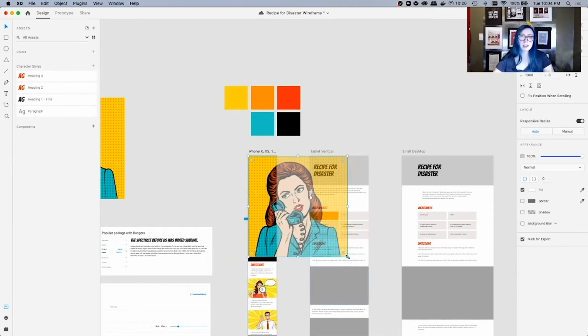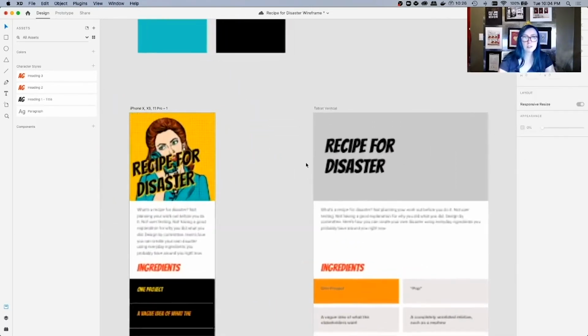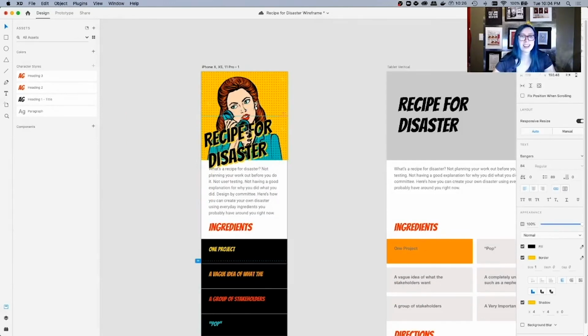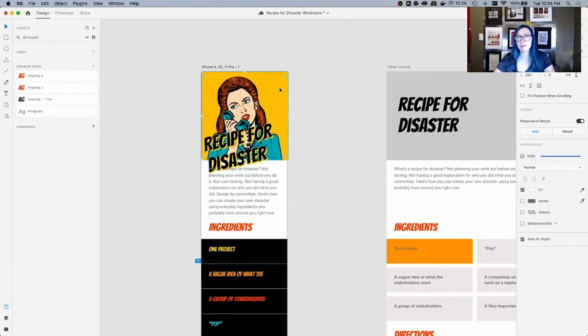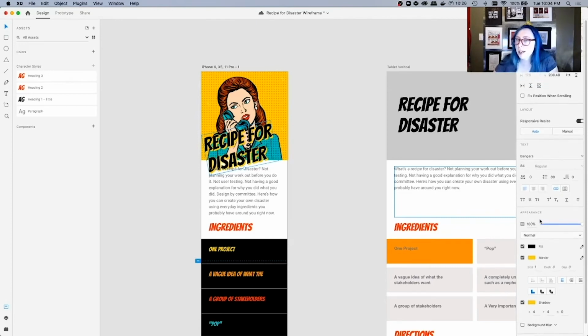And I think for this, I'm really digging this image. I'm going to put her in the background under Recipe for Disaster. Oh, you know what? See how that kind of moment there feels really good? It's because we're doing a little bit of overlapping. So anytime you break the grid in a web design, it just feels really good. Let's see what this looks like with a background. Can we do a background in here? I'd really like to do that.